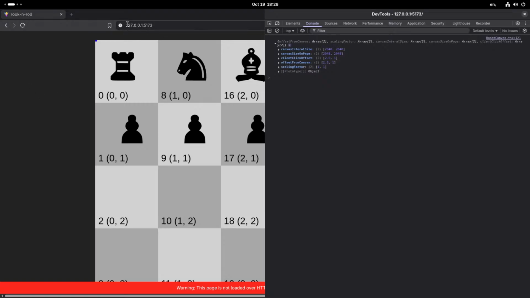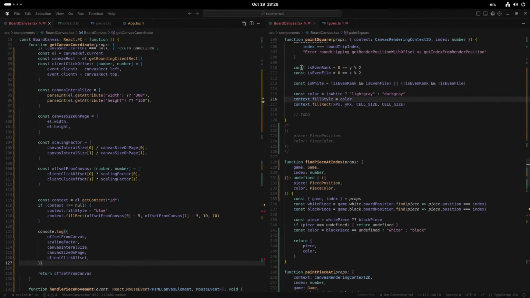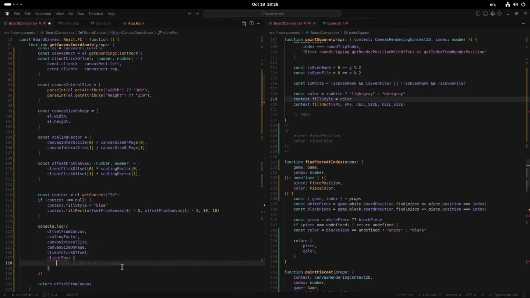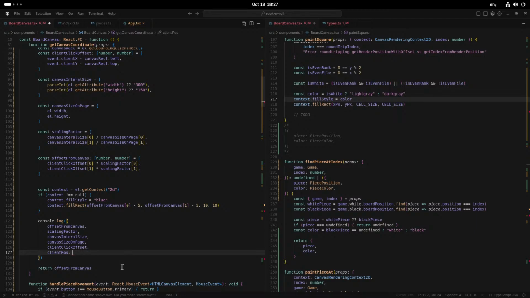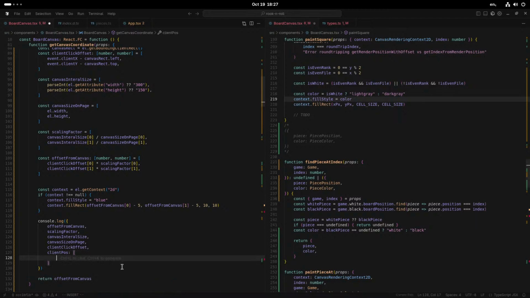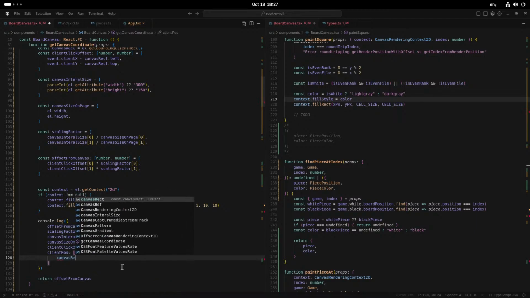I was expecting it to be, that's weird. Okay, so there's more I need to put here then. Okay, so client position. Can't actually, let's do this. Canvas rect. Just do it this way. Canvas rect